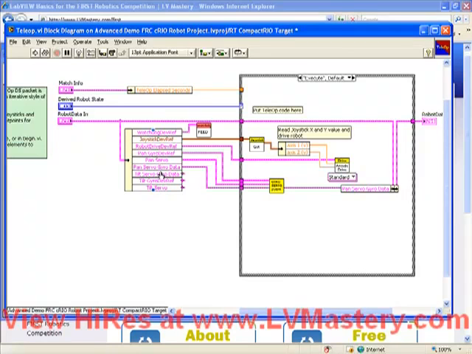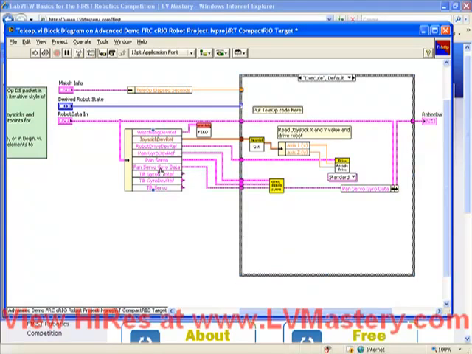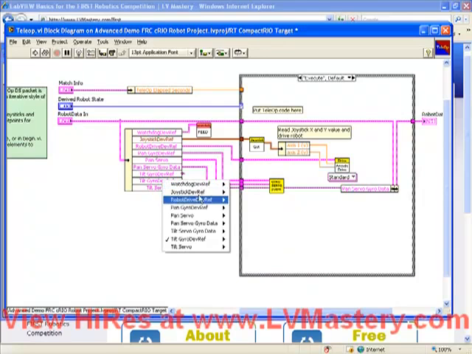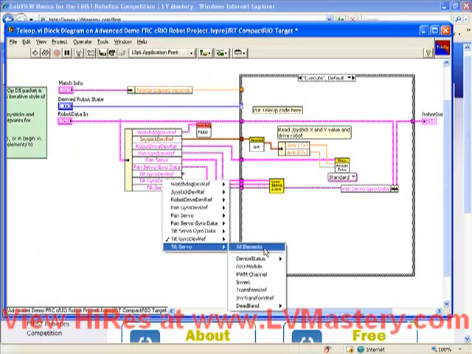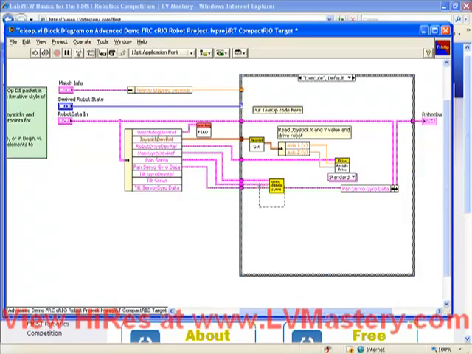However, they're in a slightly different order, and just to keep our wires from getting all jumbled and crossed, I'm going to manually select these three items to be in the same order as the pan ones. So the first will be the tilt gyro device ref, all elements. The second will be the tilt servo, all elements. And the third will be the tilt servo gyro data, all elements. And now all we need to do is do a control drag of this SubVI,